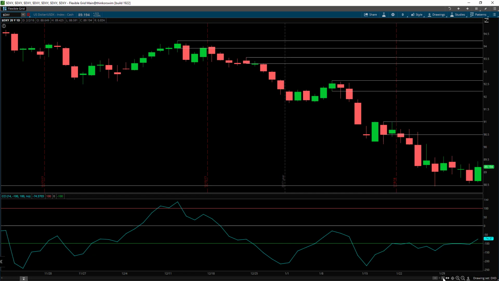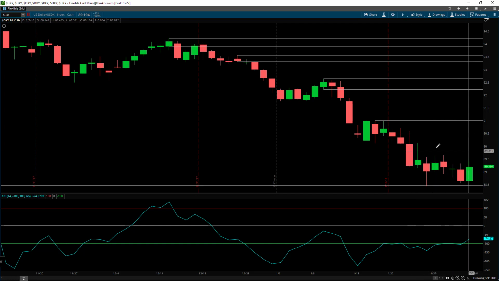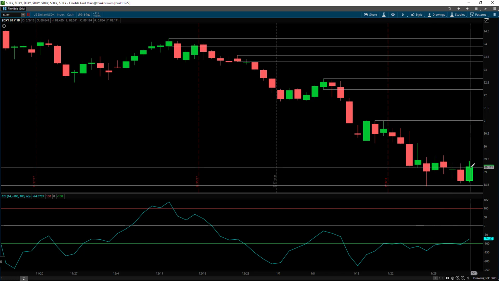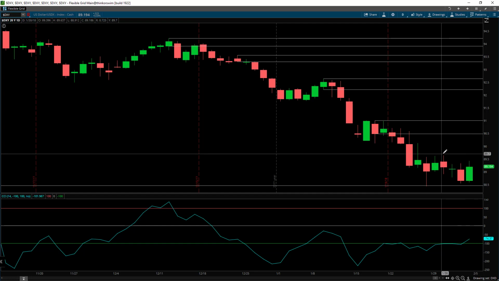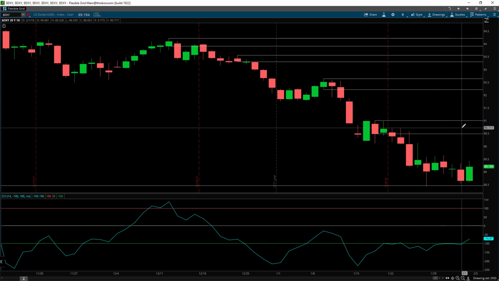So the question is this: what are the odds of where the dollar is likely to go next this week? Well, if we look at this time frame, you can see we've been moving sideways, but we've put in a higher low and price direction is pointing to the upside now. So the odds are, based on this time frame, that we're likely to go above this pivot and potentially up to this supply zone above.